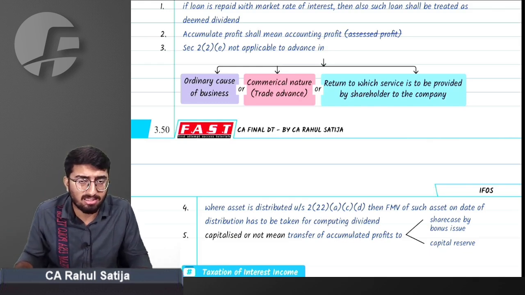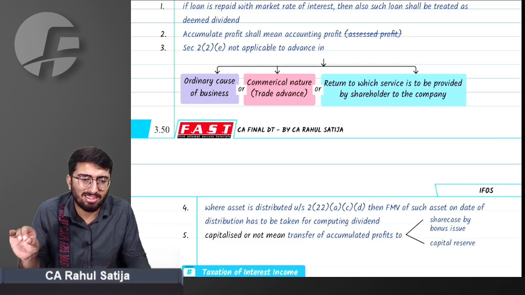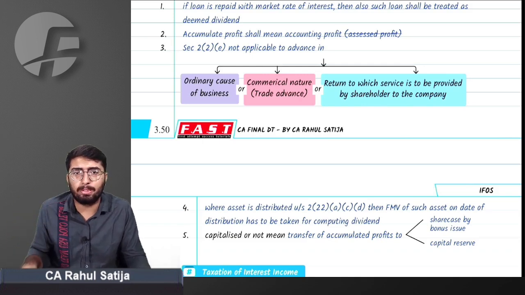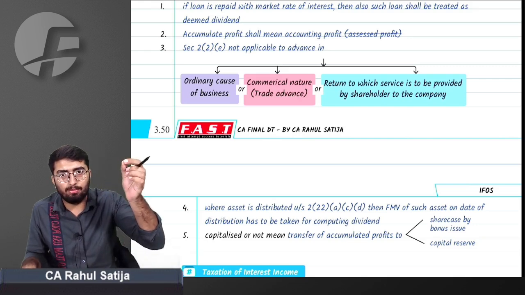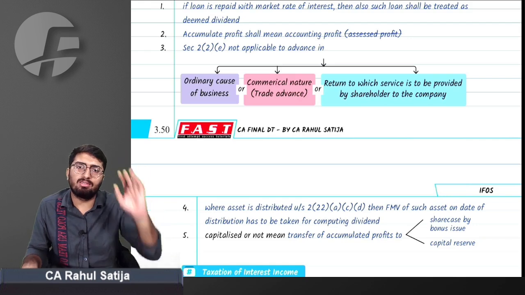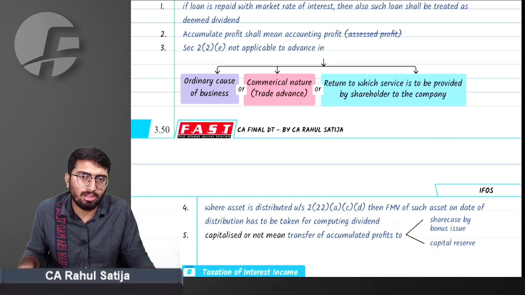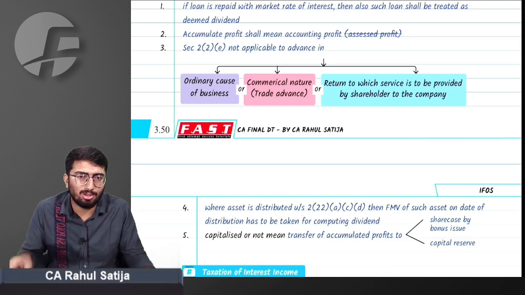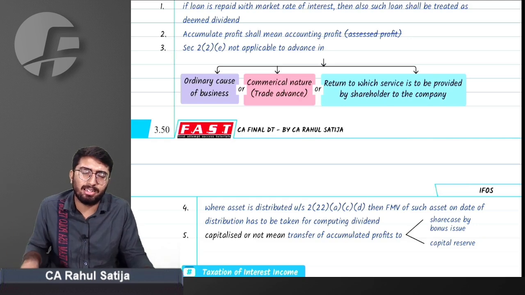It considers advances also. For that matter, things are to be taken with due care. What if I am paying an advance to a shareholder who in turn has to give certain services to me? Is it possible to give advances in the ordinary course of business? Right answer is yes, it is possible, because people tend to give advances in the ordinary course of business. What will happen in that case? Will that advance be treated as deemed dividend?